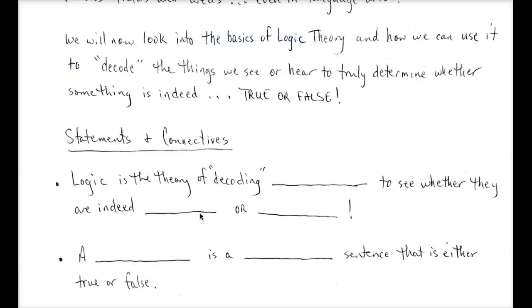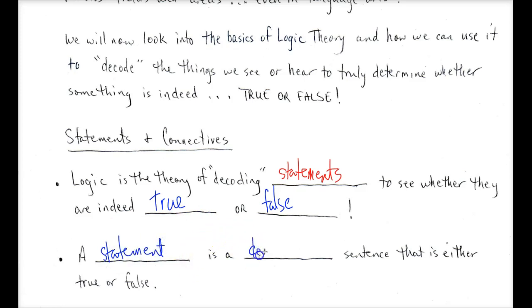So we know that logic is the theory of decoding statements. So that's what goes in this first blank here. And logic is the theory of decoding statements to see whether they are indeed true or false. So I'll change the color here. So true or false. Now we know that a statement